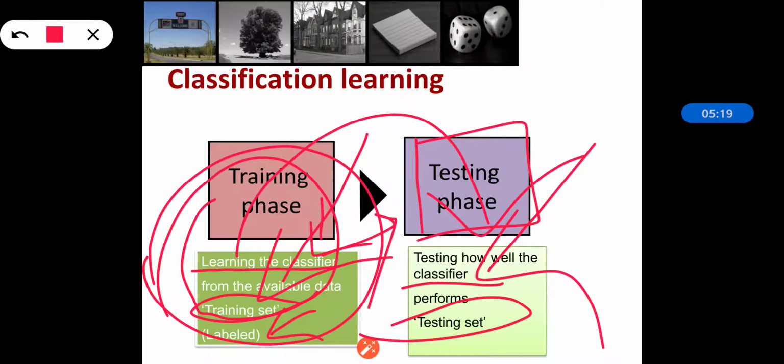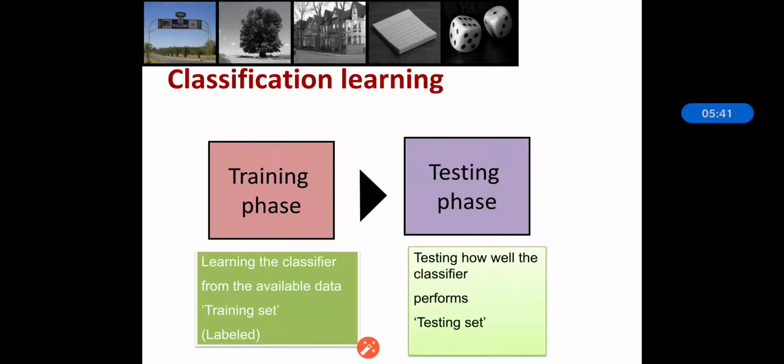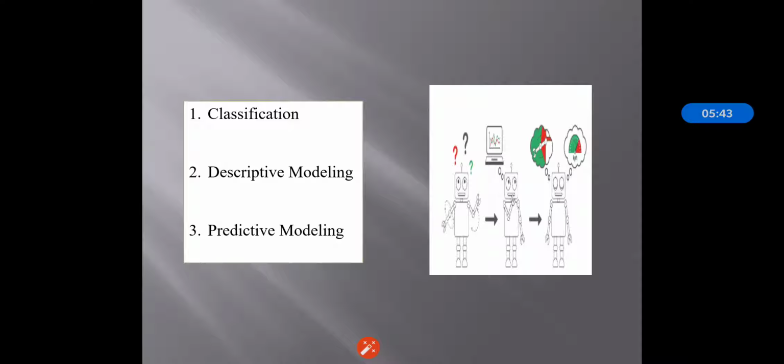This is the basic concept for classification learning, where we are giving the attributes, which are also called a tuple (x, y), where x is the attribute set and y is the special attribute, the class label. From that we do the classification according to its various features. This is nothing but the general concept of classification. In our next section we will see classification, descriptive modeling and predictive modeling in detail. Thank you.